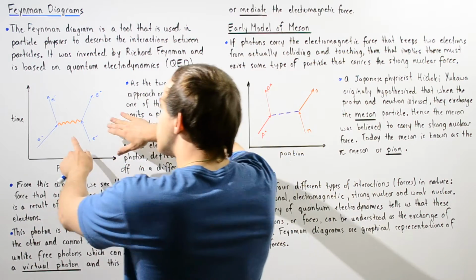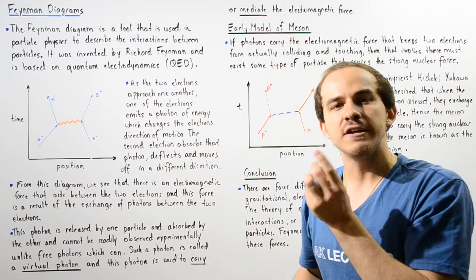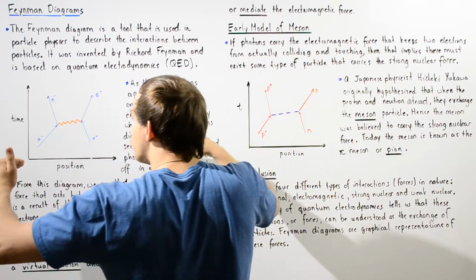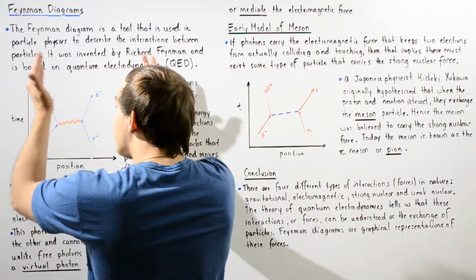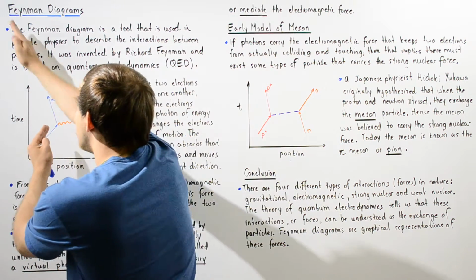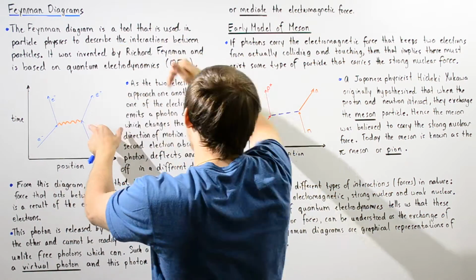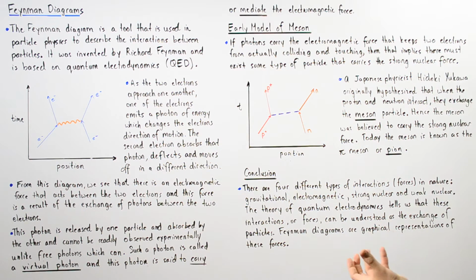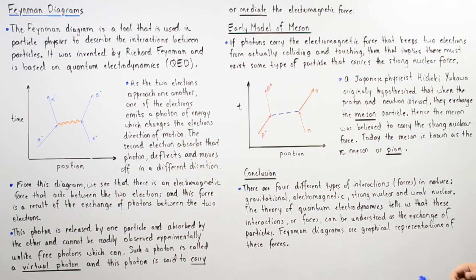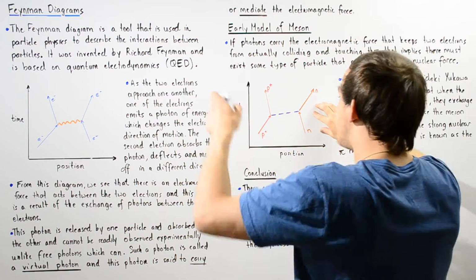So if we go back to this diagram, we see that the particles, our electrons, do not actually physically touch one another. So they get very close, but eventually when they get close enough, they repel because one of the electrons releases that photon, and so it quickly recoils, and the other electron picks up that photon and also recoils. Now we can imagine that strong nuclear forces act in a very similar way. So let's take the following early model of the meson by looking at the Feynman diagram.